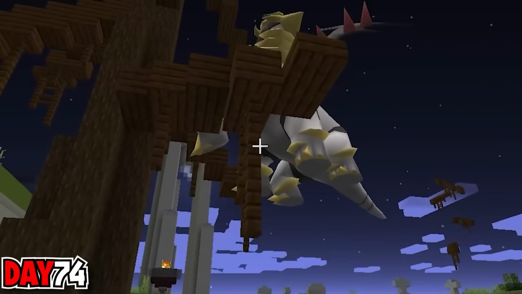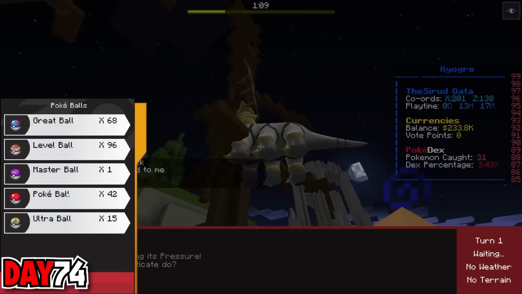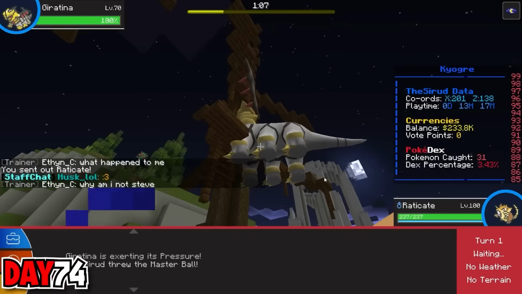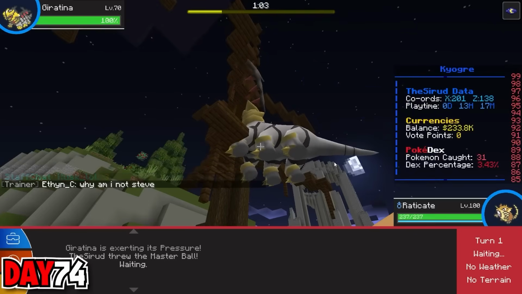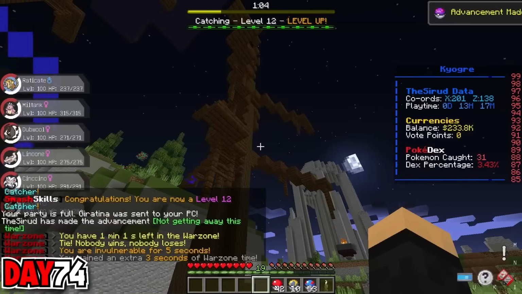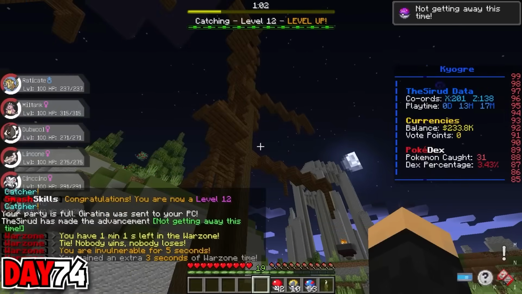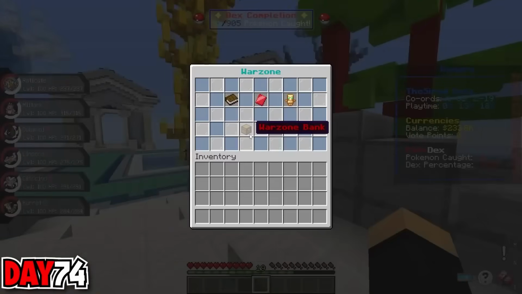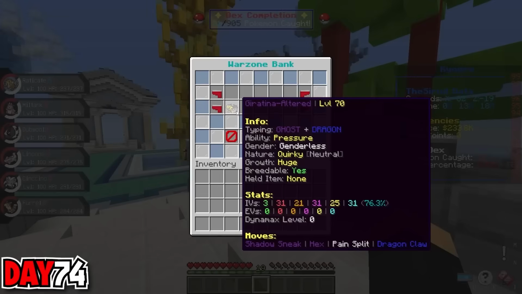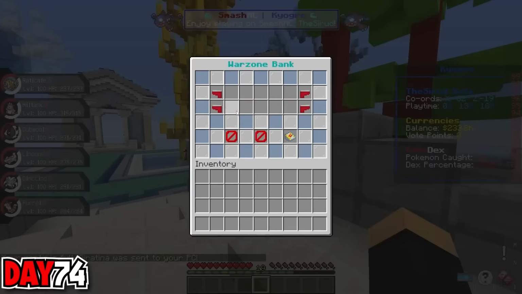But a legendary spawned! I quickly threw my Eradicate at it, didn't play any games, and chucked a Master Ball that I got from one of the gyms at it. And since Master Balls have a 100% catch rate, I got it! Giratina was mine. I quickly got out of the war zone, went into my war zone bank, and withdrew the